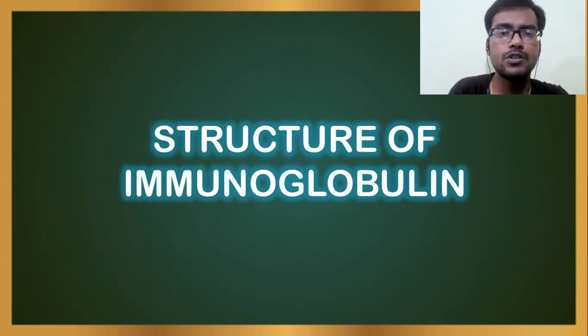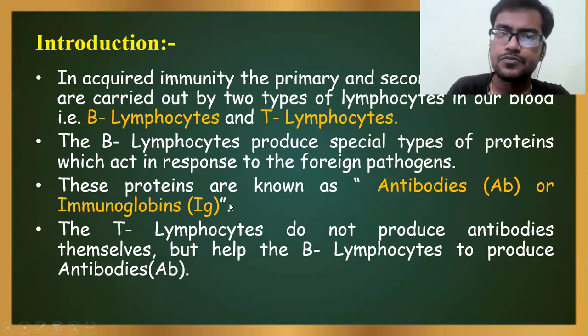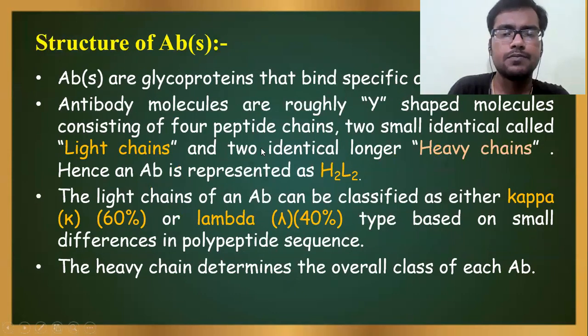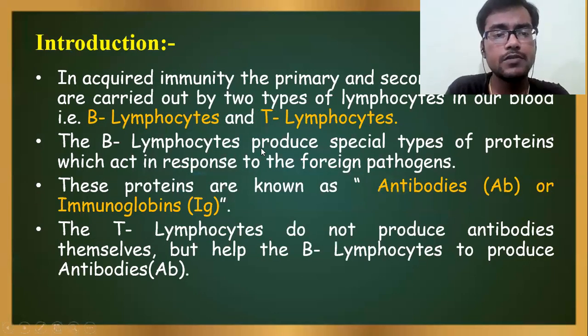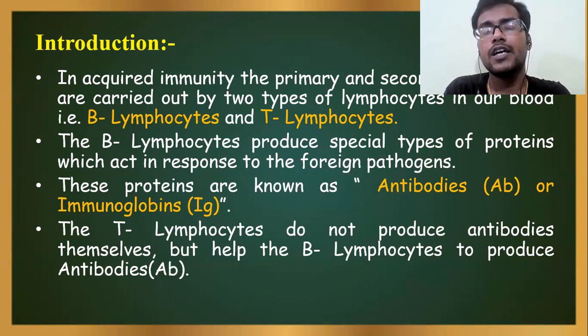Immunoglobulins are produced during the acquired immune response. So what is the acquired immune system? The immune system that develops after birth, or which is acquired by our cells, is known as the acquired immune system. Acquired immunity responds against the pathogen or the foreign particles or the antigens by primary and